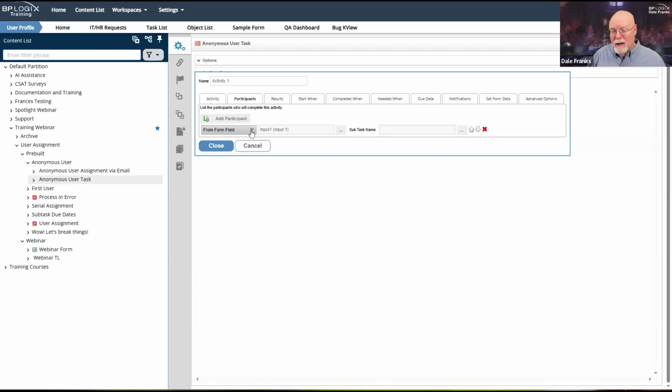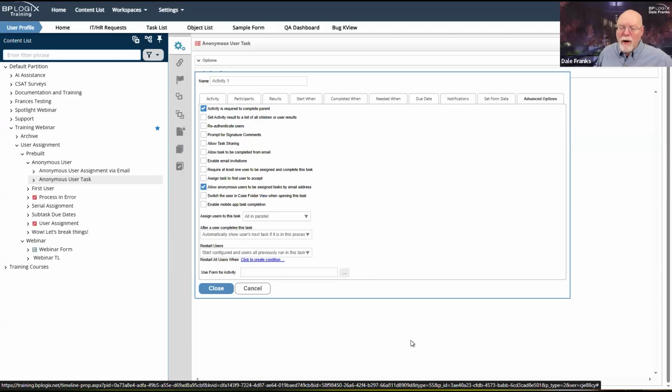Normally, when you assign a task via a form field, what Process Director is expecting to receive is a user picker, because that's generally how we do it. Assigning tasks to anonymous users is fairly rare. But we are not doing that in this case, and we have no identity object from which we can pull attributes like their email or their name or what have you. All we have is the email address. So when we pull this from form field and we're only going to supply an email address,